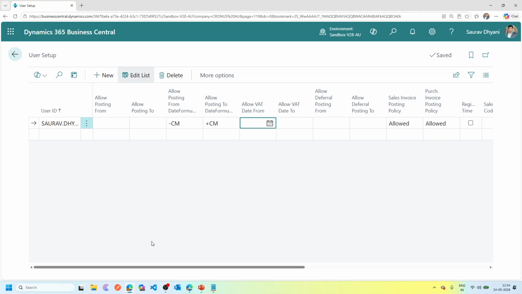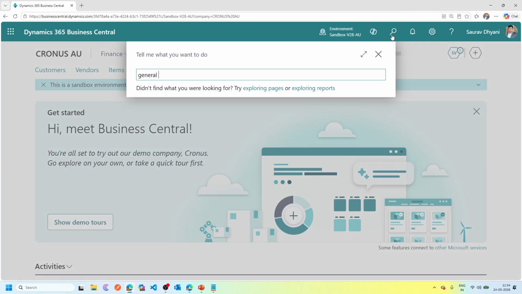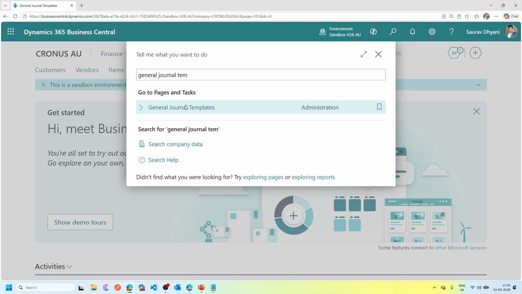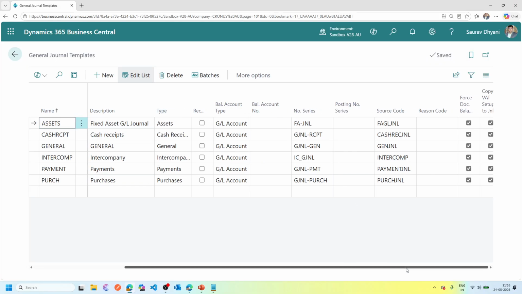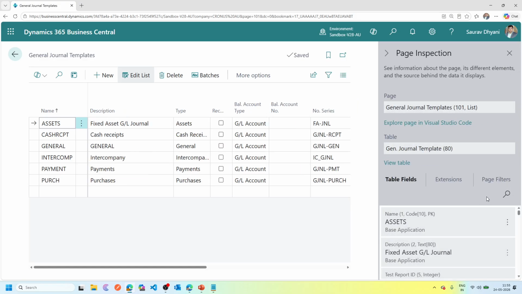Now the third thing that is mentioned on Microsoft Learn, an article about this feature, is that it's available on General Journal Templates. Okay, so if I go into my general journal templates, they are not visible on the page by default. But if I zoom this in and search for allowed posting,